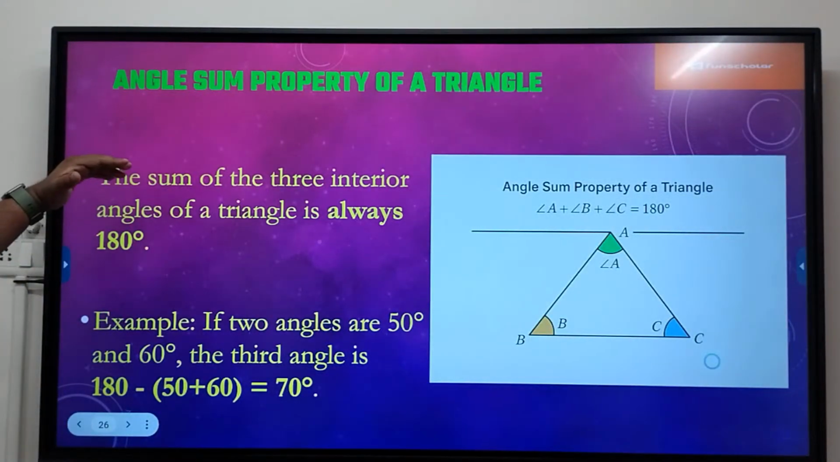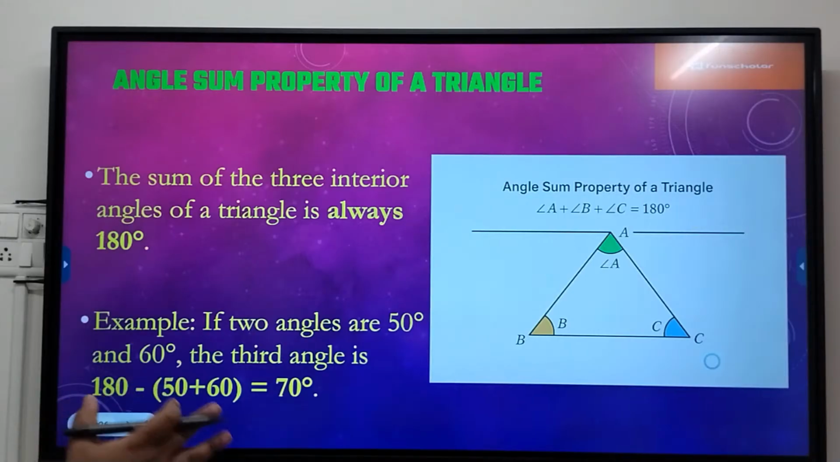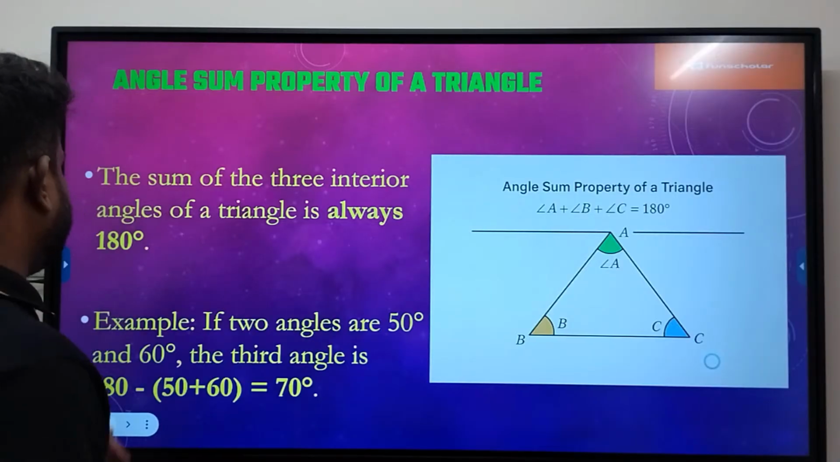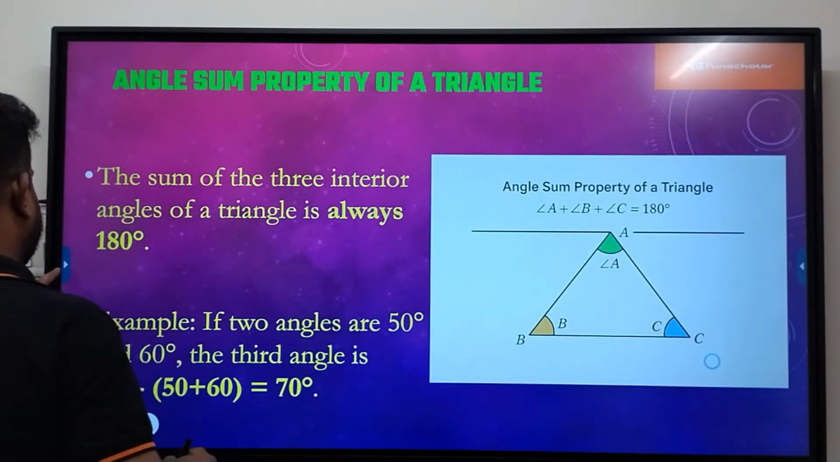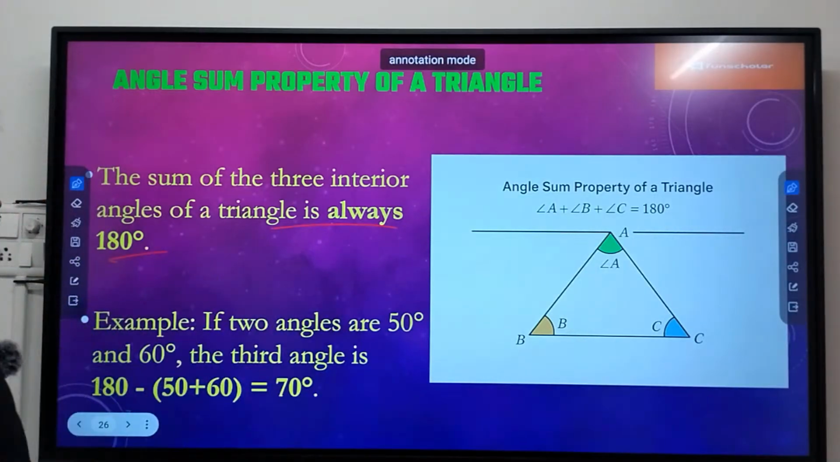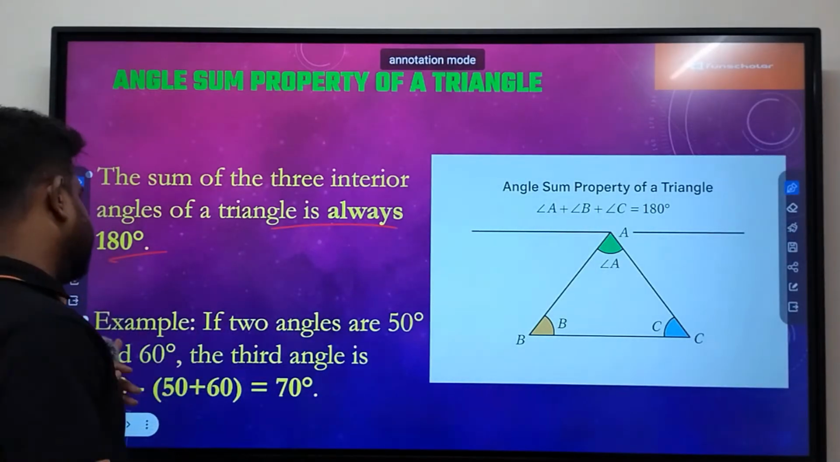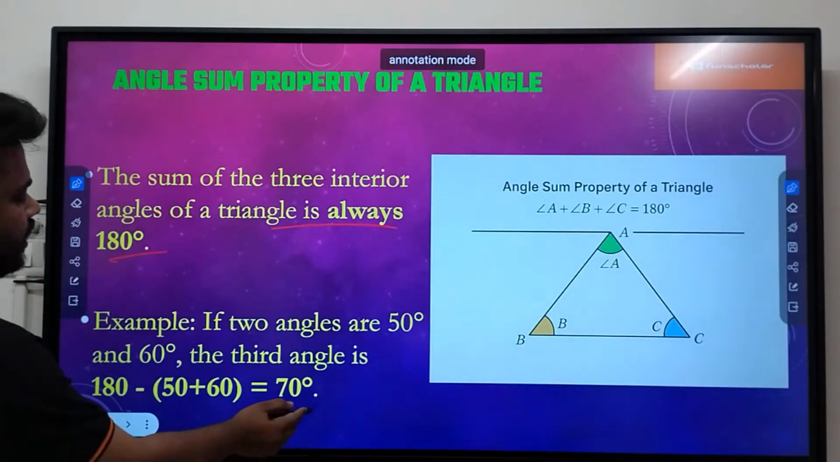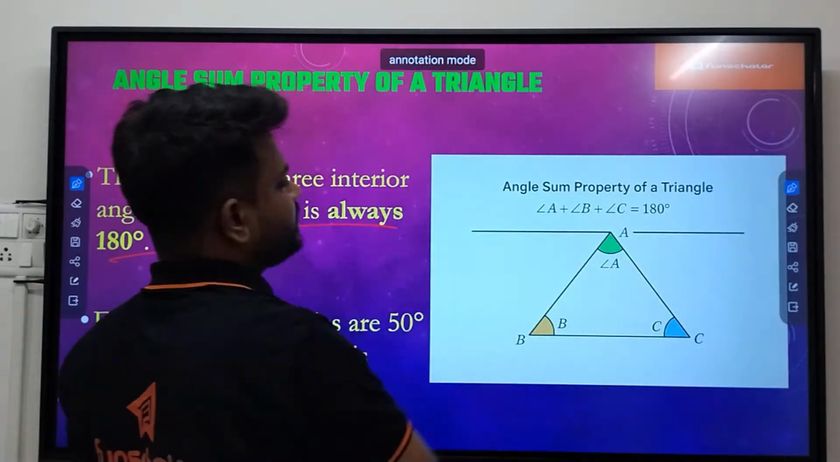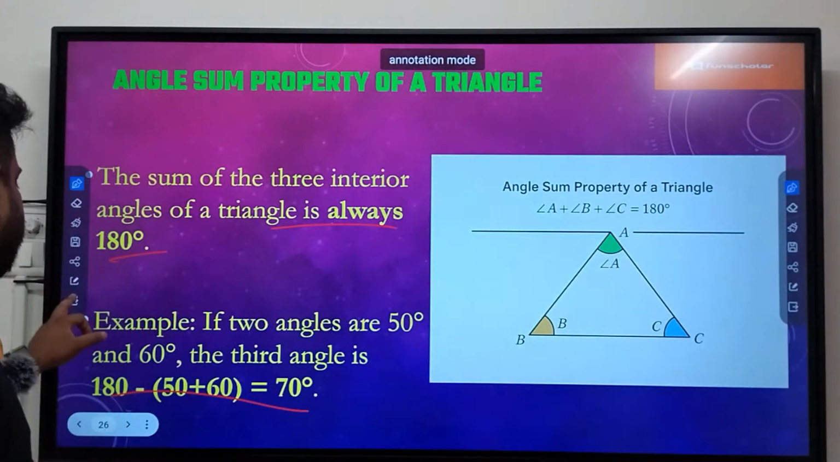Okay, so now we will discuss the angle sum property of a triangle, and we already know about this. The sum of the three interior angles of a triangle will always be 180 degrees, right? For example, if two angles are 50 and 60 degrees, the third angle will be 70 degrees. So this is the simple explanation of the angle sum property of a triangle,